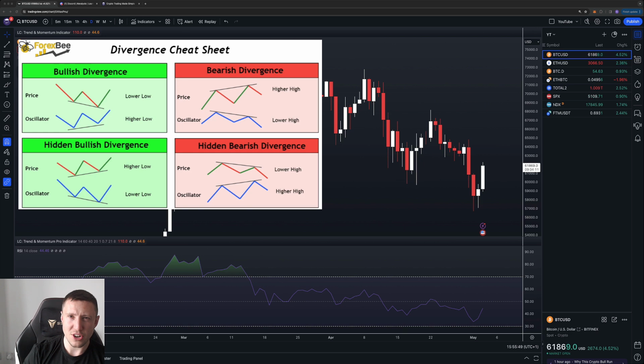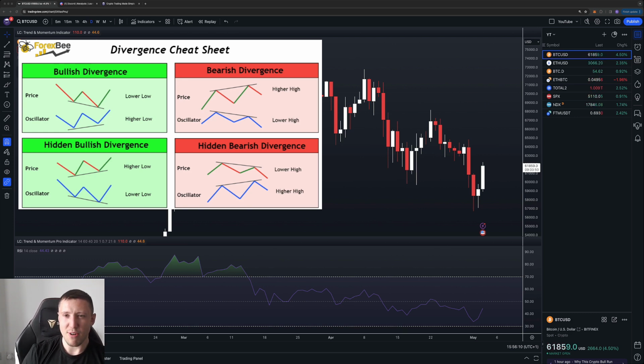There are regular bullish, hidden bullish, regular bear, and hidden bear. As you can see on the cheat sheet in front of you, a regular bullish divergence is when price is making lower lows, but the oscillator, in this case the RSI, is making a higher low. A hidden bullish divergence is when price is making a higher low and the oscillator or RSI is making a